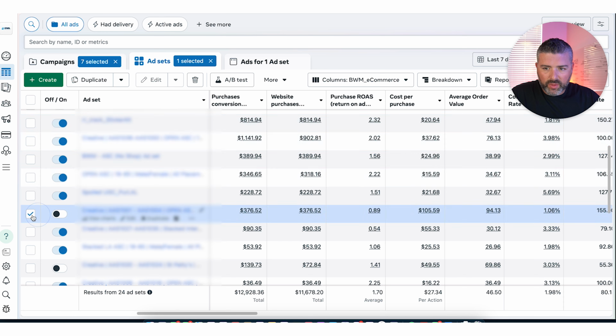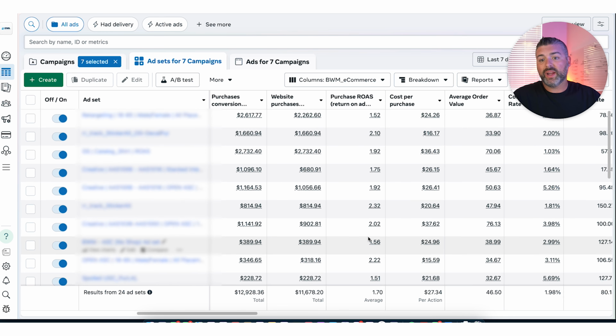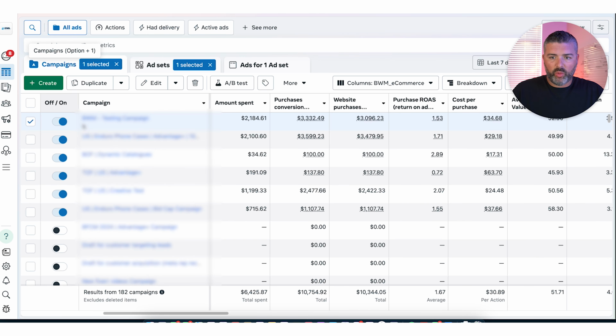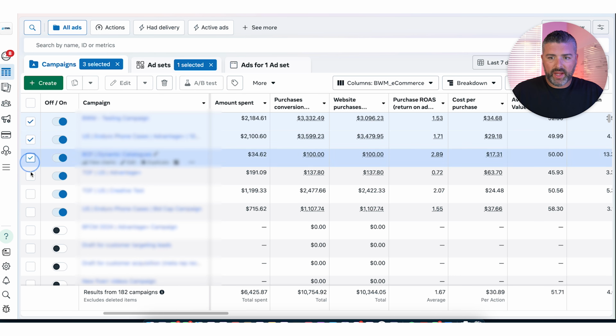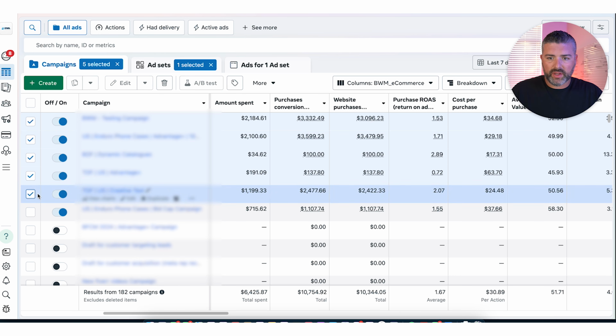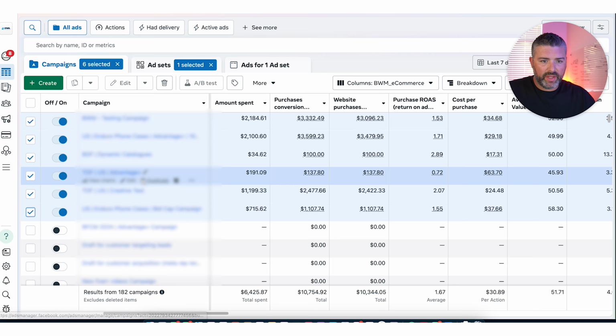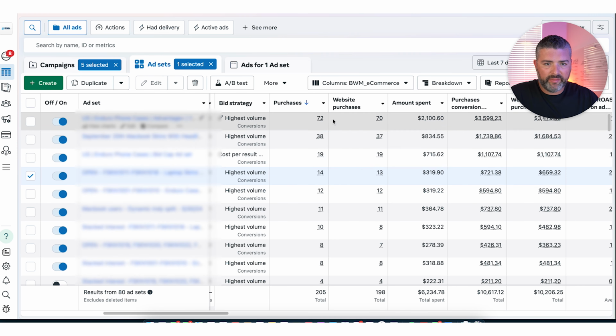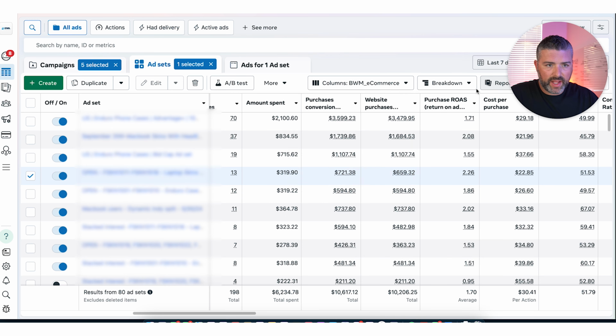You guys can see some of the ones that were lagging behind have actually just been turned off, and that's where, again, testing is super important. And lastly, one more ad account. You guys can see we are running a testing campaign, Advantage Plus, another creative test, and a bid cap campaign. Ad sets, purchases, we're getting volume coming through. Last 7 days, spent $6,200, made